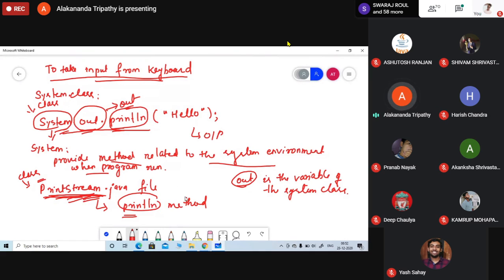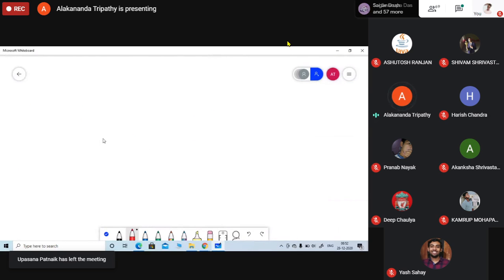So this is basically used to provide the output. But whenever we are going to take the input, I am erasing this part. Whenever we are going to take the input, we are using the Scanner class. So what is the Scanner class? It is again a system class. Scanner is a class